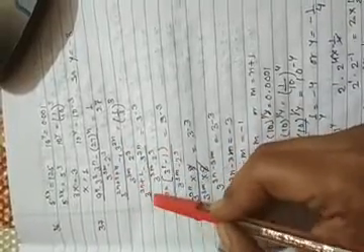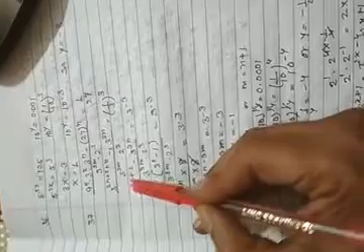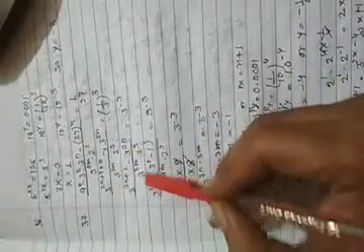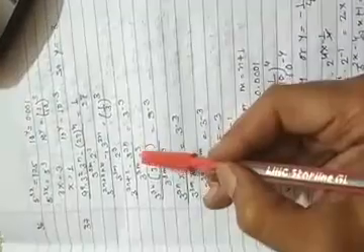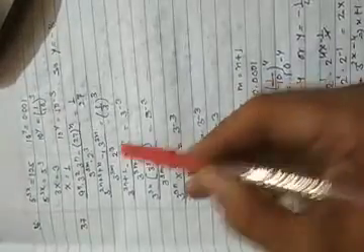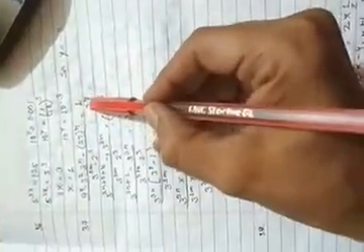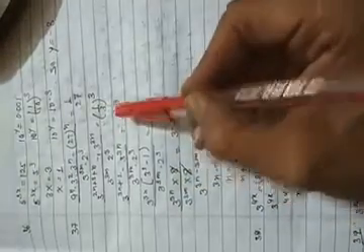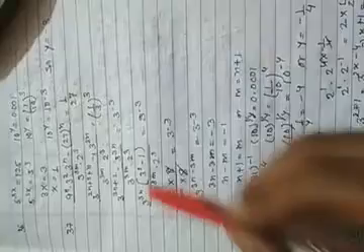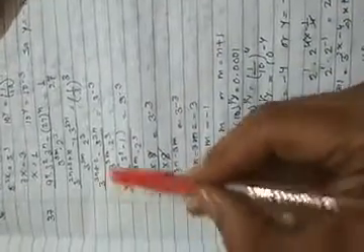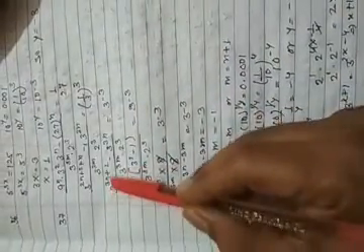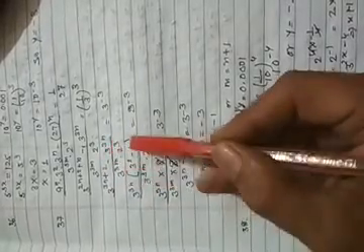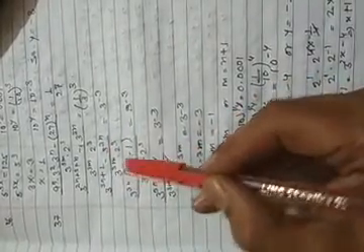Now after calculation, what I got is 3 to the power 3n plus 2 minus 3 to the power 3n upon 3 to the power 3m minus 2 to the power 3. Here it is being given that 1 upon 27, so I have converted it into 1 upon 3 to the power 3, or 3 to the power minus 3. Now I have taken 3 to the power 3n common. So obviously 3 to the power 2 will be left over, and here you will get 1. So 3 to the power 2 is 9.